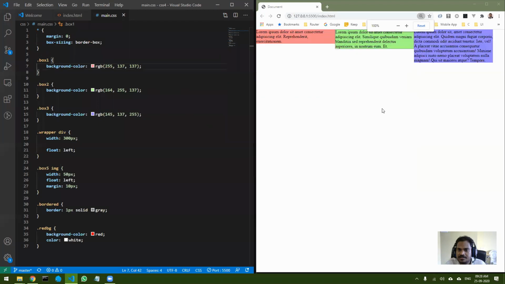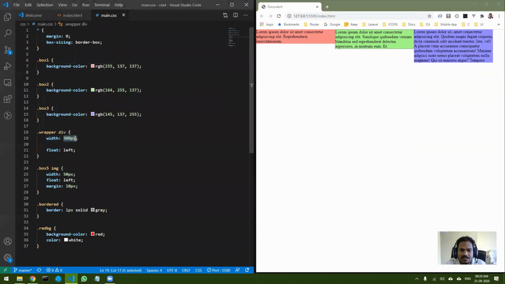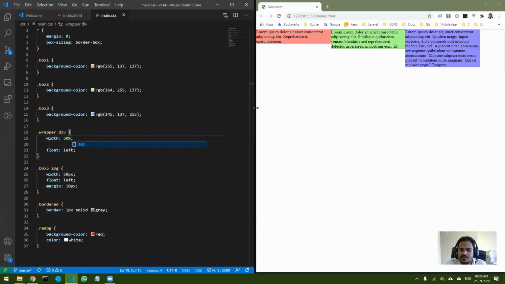Let's suppose you want the design to be fluid. Right now if I do this, you can see it wraps. But if you want the design to be fluid, you can use percentages, so 30%. In this case, if you do 30%, it is always going to be a 3 column layout. This is the way people used to do layouts previously. This was one simple trick of creating layouts.